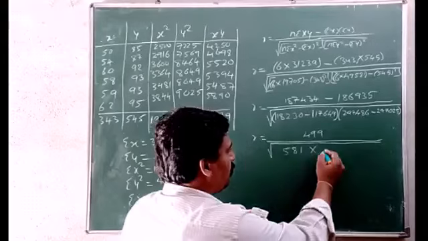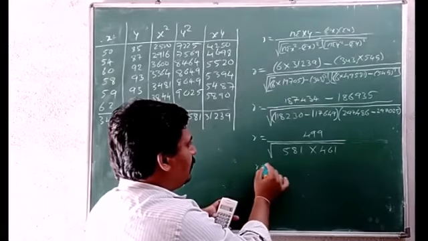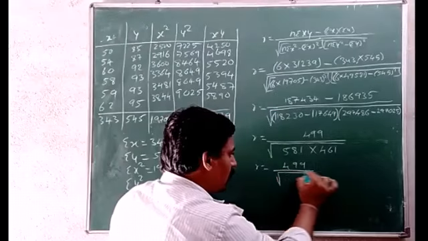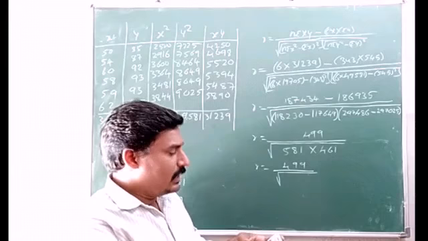That is 461. Okay, so R is equal to 499 divided by root of product of these two, 581 into